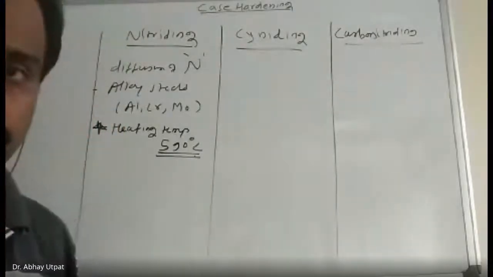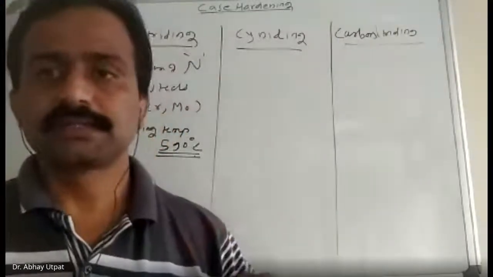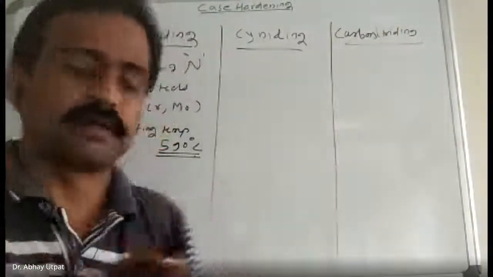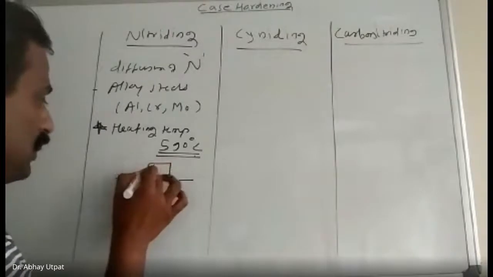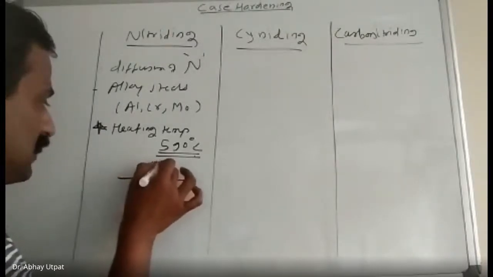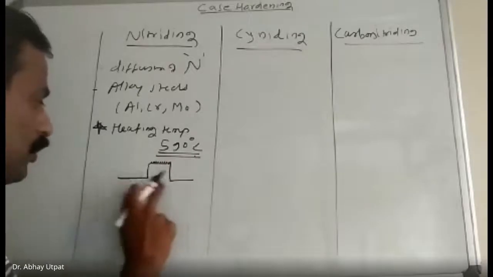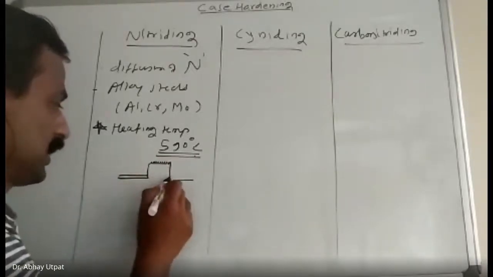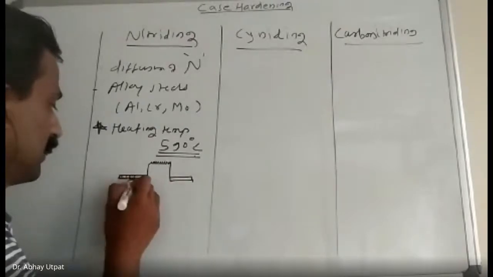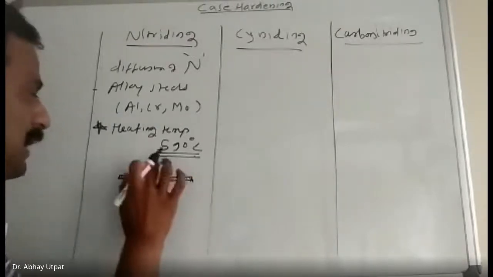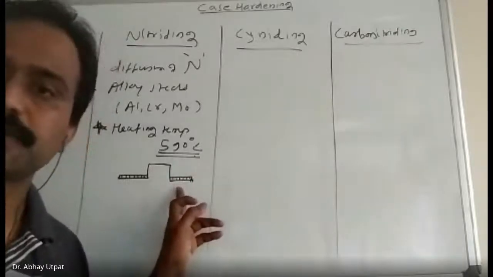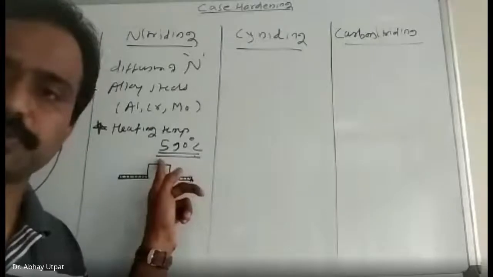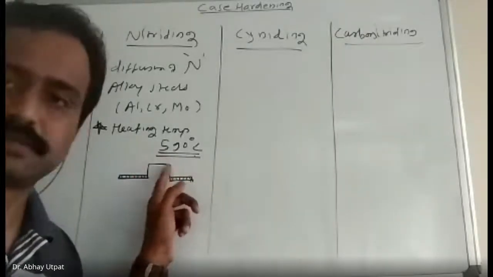Now, one specialty for nitriding. Suppose there is one complicated part. Suppose this is a part. I want to carry out nitriding only on this surface. Then I don't want to carry out nitriding here. So here it is coated with tin by electrolysis. So here nitrogen will not go inside. It will not diffuse. Only this surface gets diffused with nitrogen. 1, 2, 3 surfaces. Okay.